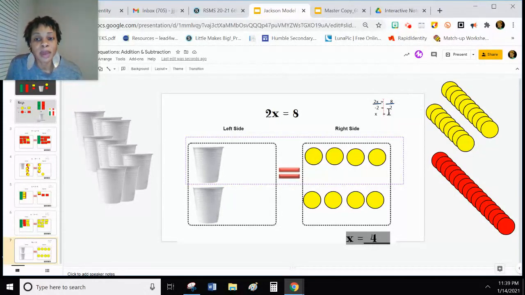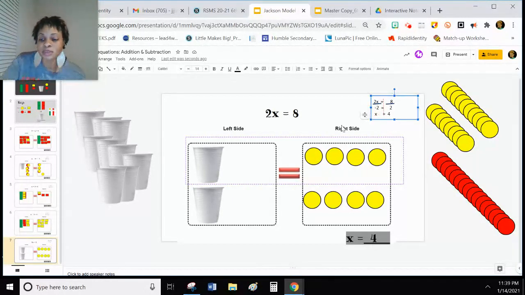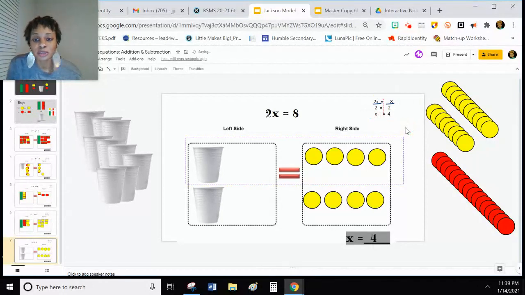So 2 divided by 2, I don't know why this 2 is negative. Okay, 2 divided by 2 is 1. So I'm left with a 1x. But remember, the 1 is invisible, so you don't see it. You just see the x. And then 8 divided by 2 is